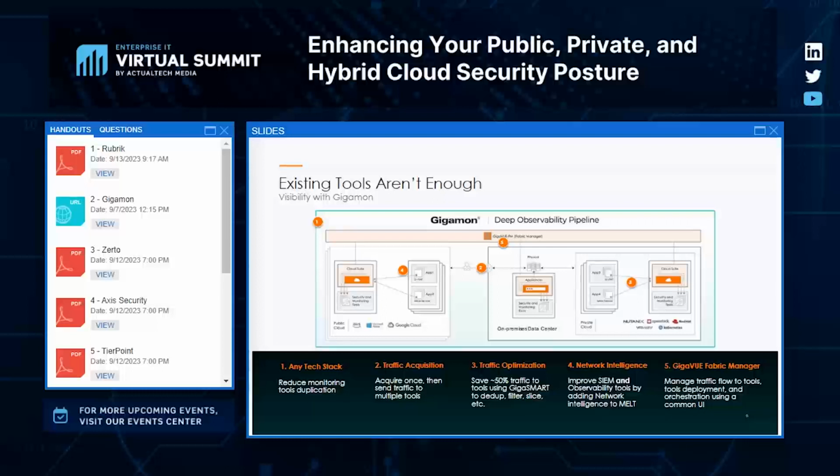Everything I've said so far is about packets. Number 4 item here is about extracting intelligence from those packets. Why do we do that? We do that because there is a whole universe of tools out there that cannot ingest packets. These are the SIEMs, the observability tools, the APM tools. And there are dozens of these tools that every organization depends on, particularly the DevOps teams and the application owners. So what we did about a couple of years ago, and this is really cutting edge technology, is we extract over 7,000 different metadata attributes from the traffic and then send them over to the tools as necessary.